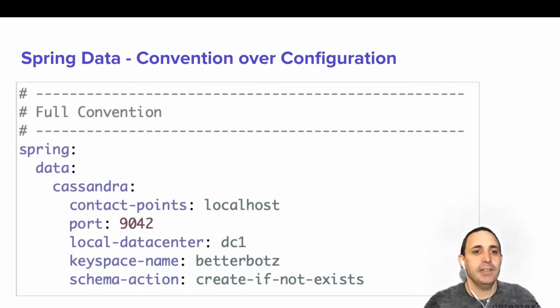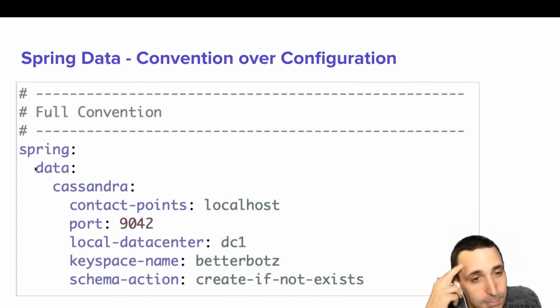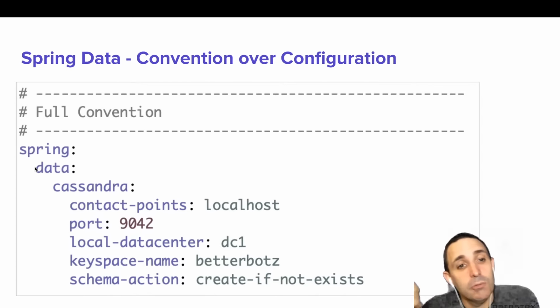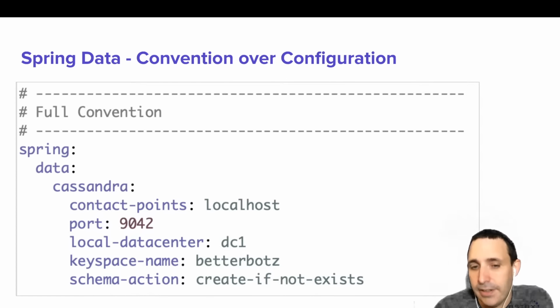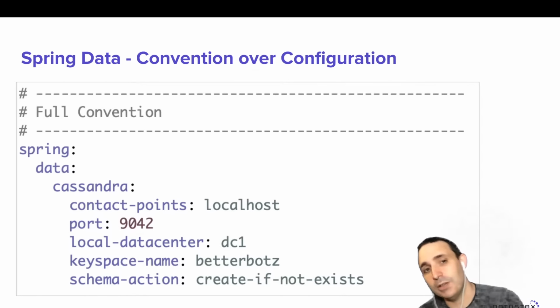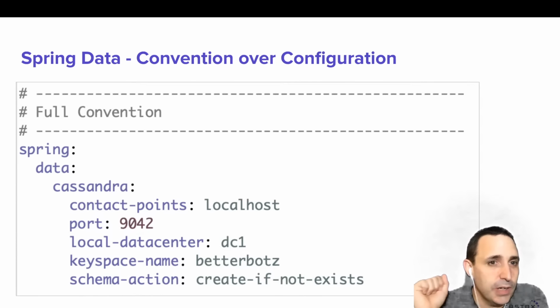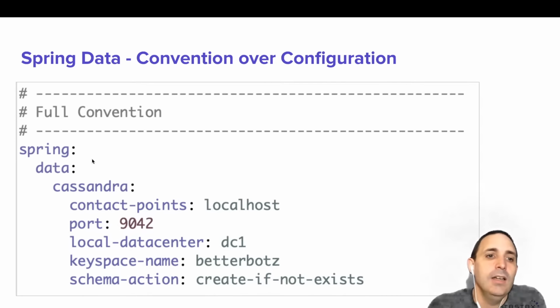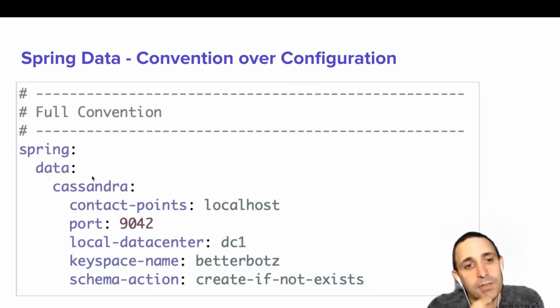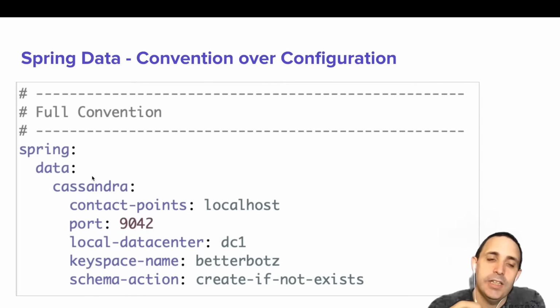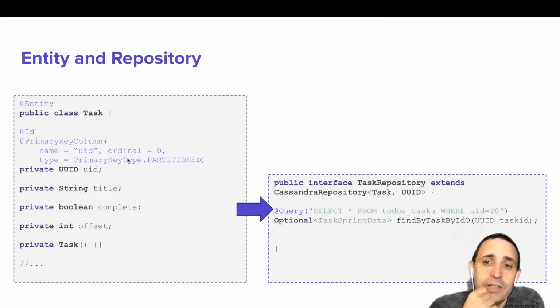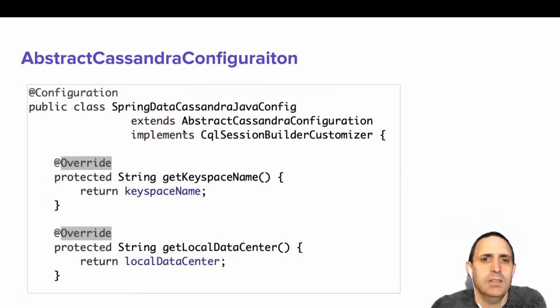Don't define anything. You simply provide keys in application.yaml, and this will generate the session bean for you and inject the session bean in the CRUD repository for you as well. Again, I don't really like this because you need to know all the keys, and even if there is some auto-completion, yeah, you're struggling for ages before finding what you need. Whereas you can also, I missed a slide. Yeah. Whereas you can also